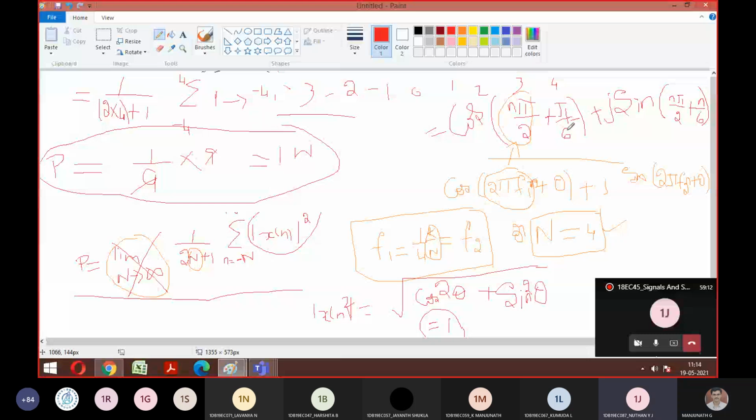Summation part, if we add, we'll get 0, sir. Hey, how will you get 0, man? What is the value at -4? It is 1 only. At -3, 1 only. Summation means what? Positive. 1 plus 1 plus 1 plus 1. Substitute 1, sir. It is 0 only, sir, when we add the summation. How will you get 0, sir?